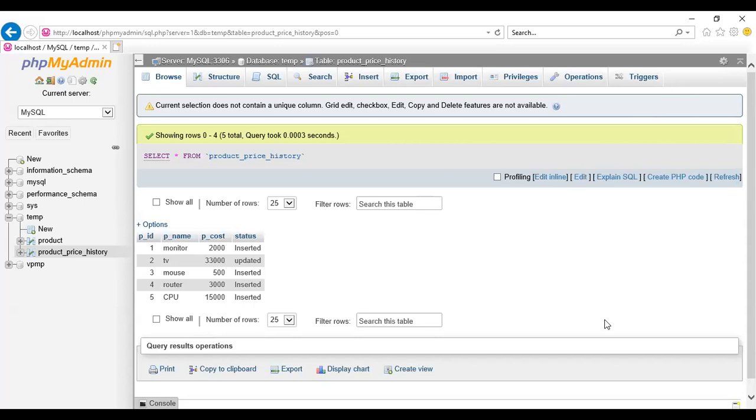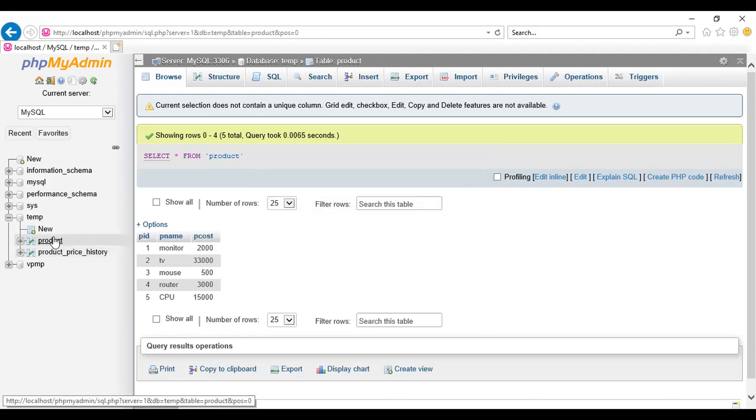We apply the same logic: if any product is deleted from the product table, then it will automatically be deleted from the product price history table.